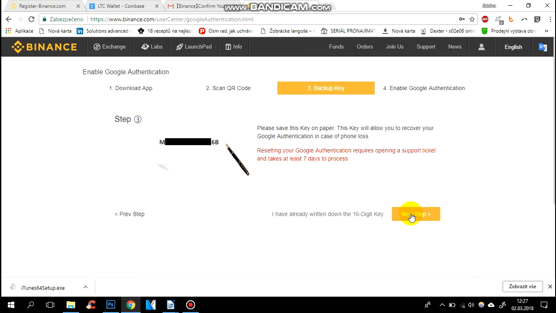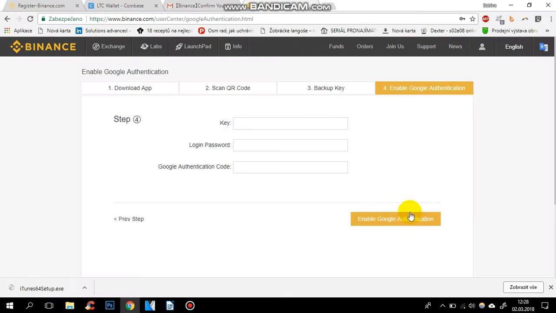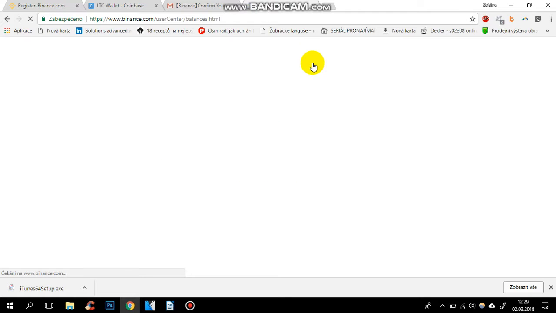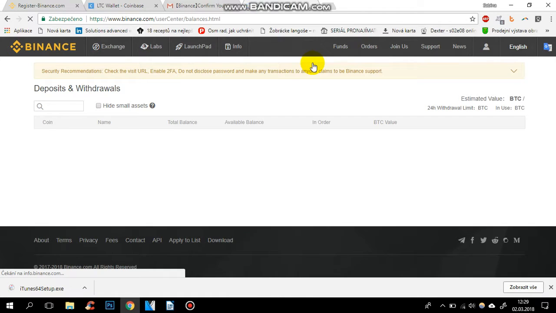For safety reasons, it's better to write it offline on paper and store it somewhere. And in the last step, you just fill in the backup key, the password that you usually use on your Binance account, and then the code from the authentication app, which you have paired now. And you would just click in the right bottom corner, continue. So this is the two-factor authentication, and we can check if we have Litecoin already, and again in funds and